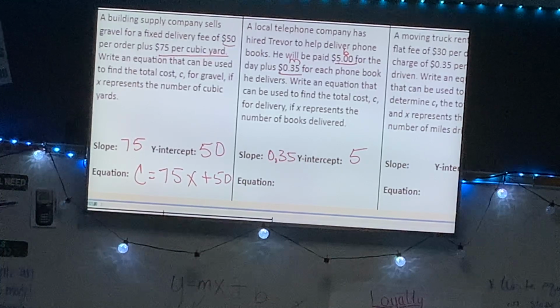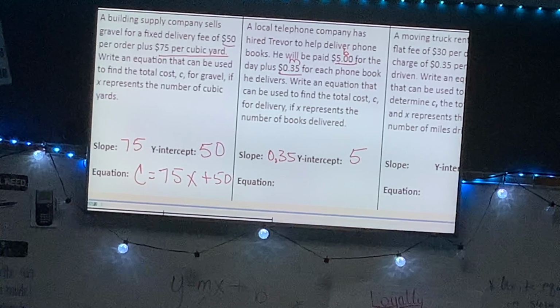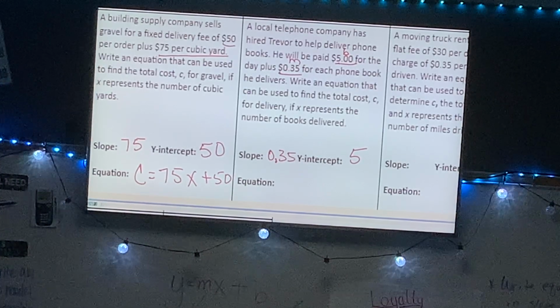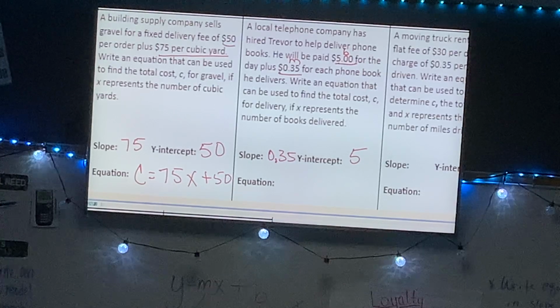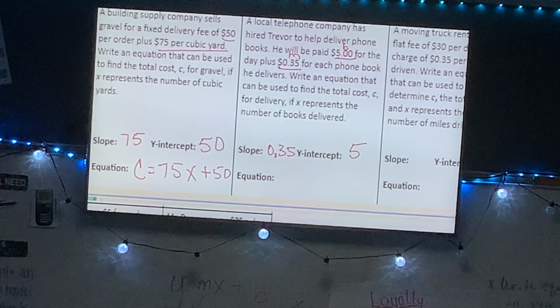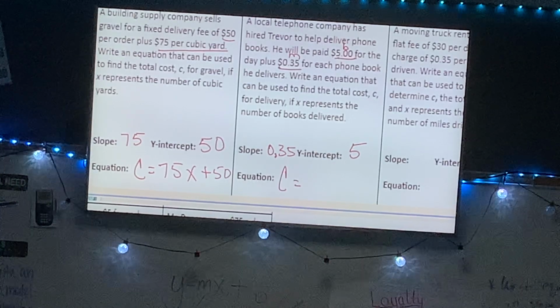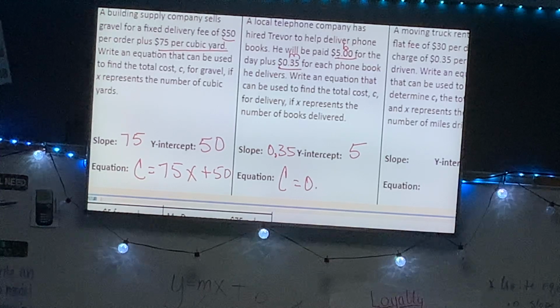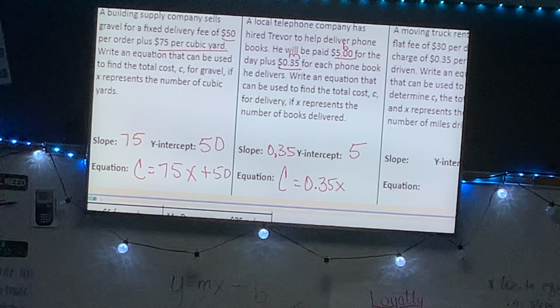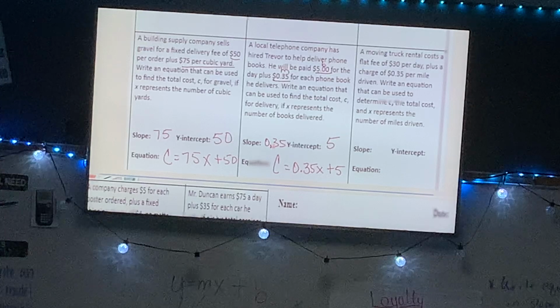Guys, don't forget to put your decimals. He's not making $35 per book. Got it? See the difference? That's a big thing where you got to be careful. So, find the total cost C, if X represents the total number of books delivered, you do